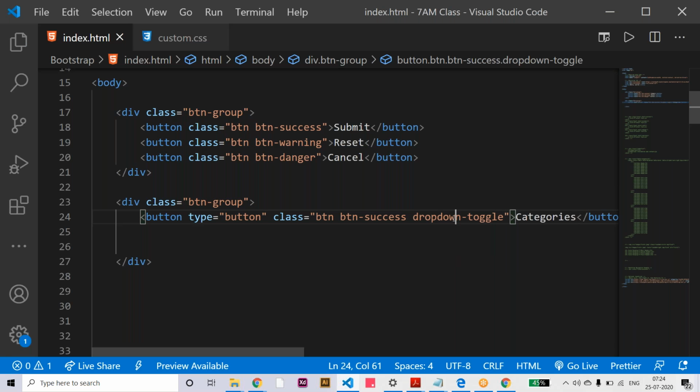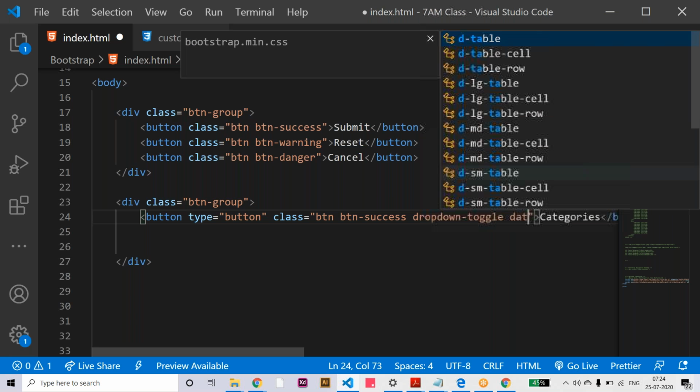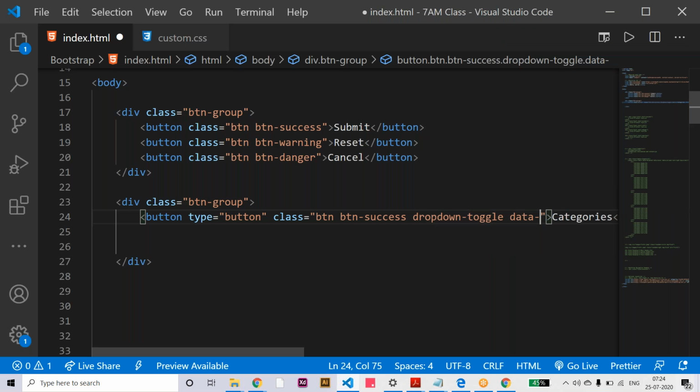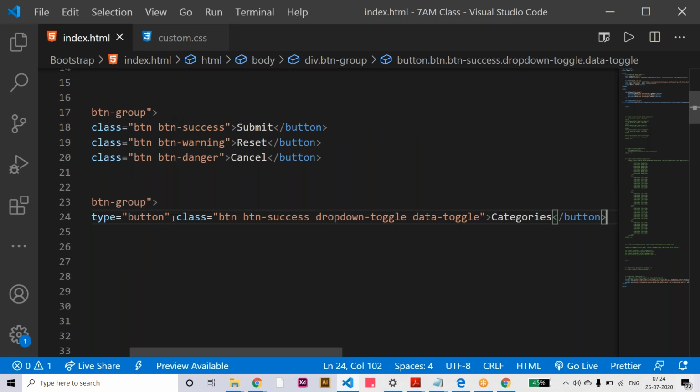So here I have to say the data-toggle also. When the user clicks on the button, it should toggle. Toggle is nothing but the data we are going to hide and show. So let's say here data-toggle is equal to dropdown. Let me check here. Categories button. Okay, that's fine.